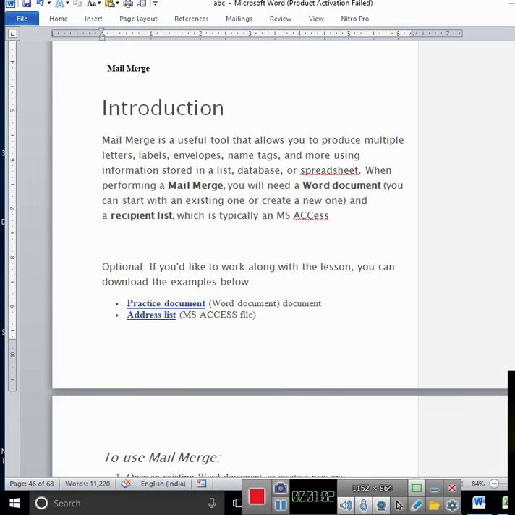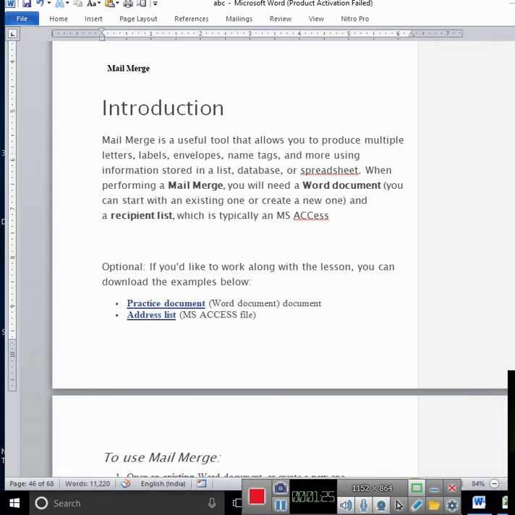So in this situation there are two things. Number one, the common matter which you will send, and second, the address, name, address, location.